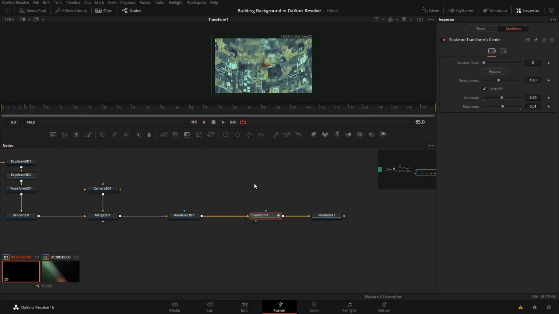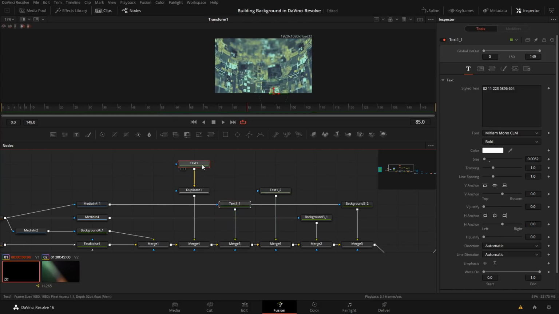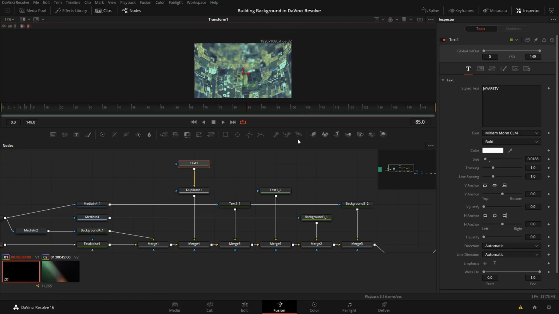But that's kind of how I did that. And then you could just switch up these colors pretty simply, coming into these background nodes and switching those colors up. You could even go into these text elements here and change the names or the numbers or whatever. That's kind of how I created that little background thing. The more you do this, the cooler things you can come up with, animating little elements in here and getting little things like sparkle or flicker or whatever it may be. But that's kind of how I did it.